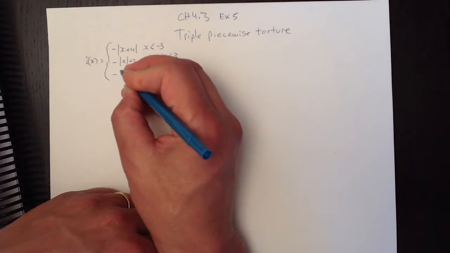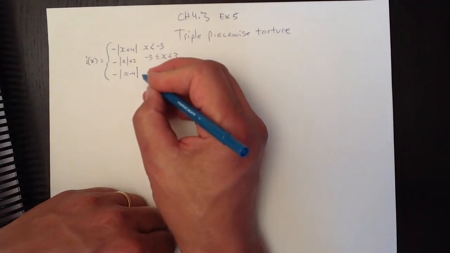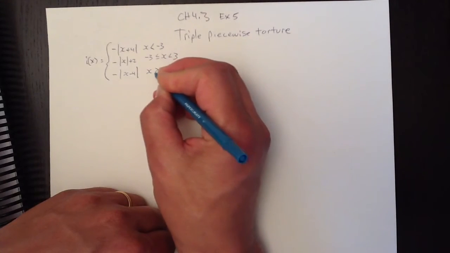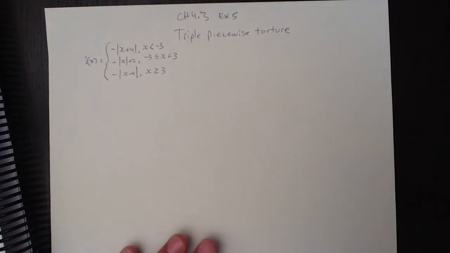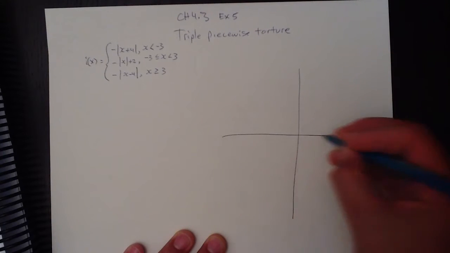and negative x minus 4 where x is greater than or equal to 3. I put commas in there so you don't get confused. Okay, so that's what you're supposed to graph, and when you graph that,